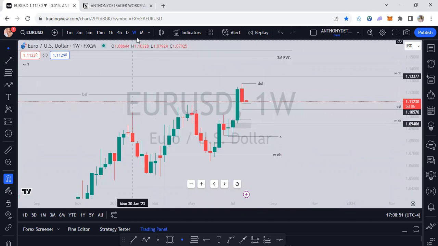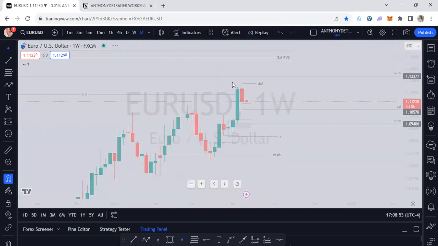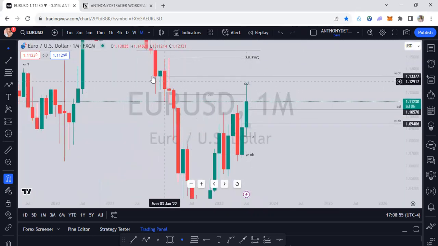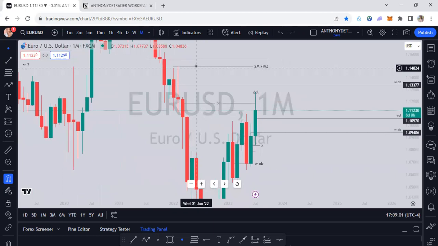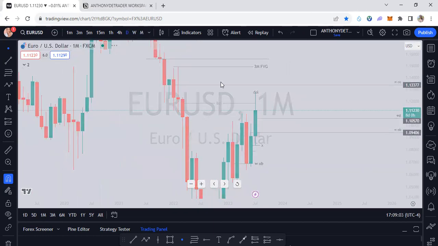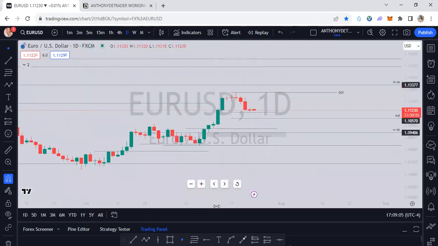And also, let's go to the monthly time frame here. We can actually see, after this drawn liquidity is taken out, I will be expecting price to possibly trade into this monthly order block and possibly into this 3 months FVG. So on the daily time frame here, on Euro USD,